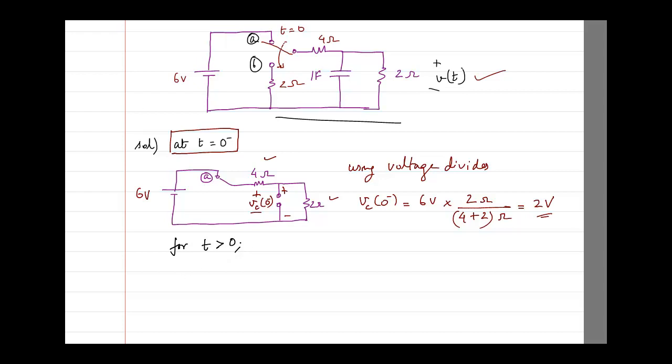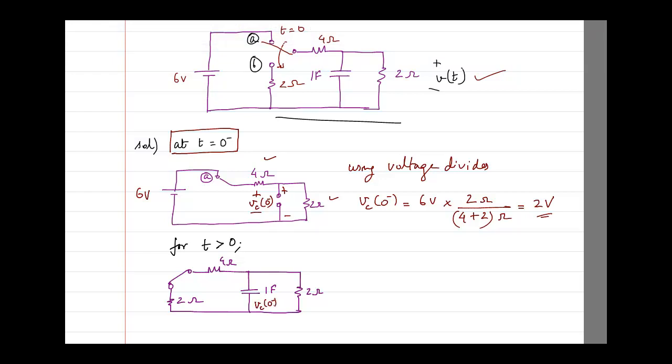So we know that the switch has switched from position A to B, and now what we are having is this 4 ohm resistor, this capacitor, and then this resistor which is 2 ohms, and here another resistor which is again 2 ohms, and the capacitor is having 1 farad with an initial voltage to which it has been charged, which is Vc of 0 minus,